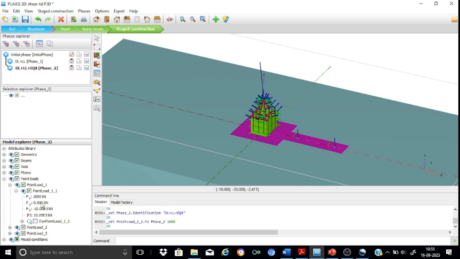Now you may ask me how this 1000 kilonewton is arrived at. This 1000 kilonewton is applied so that we will have an applied moment of 1000 into 6, that's 6000 kilonewton-meter, acting at the foundation level. This is the basis for the calculation of this shear. So Fx of 1000 kilonewton is applied, and we will not be changing the point load at other locations, which